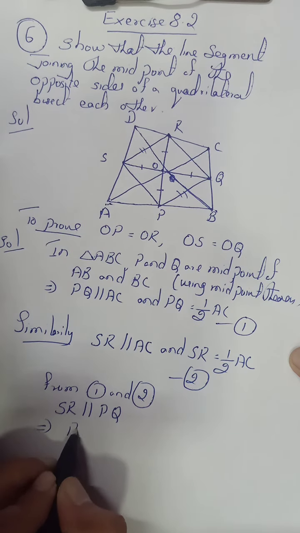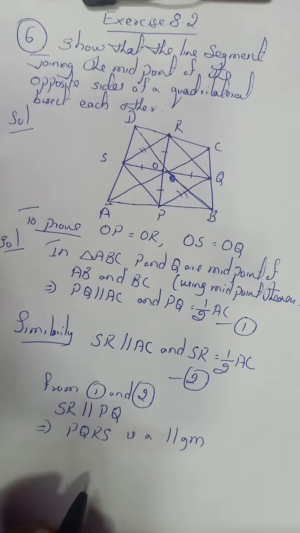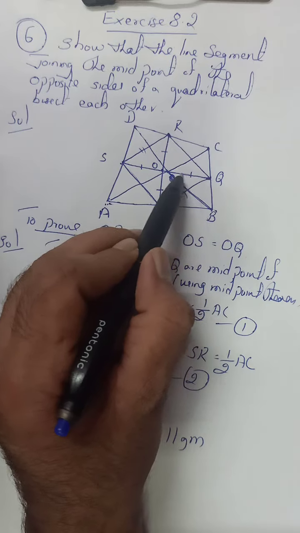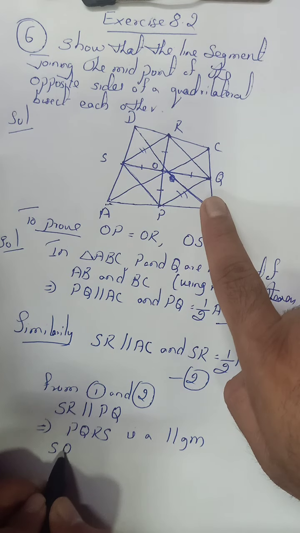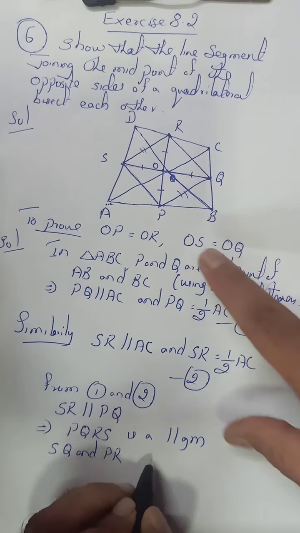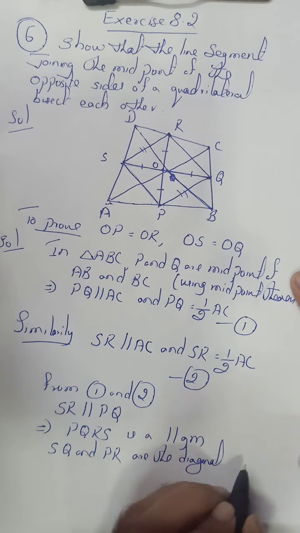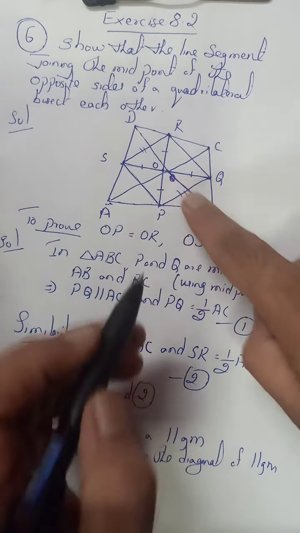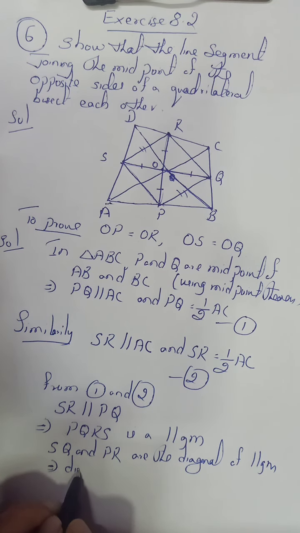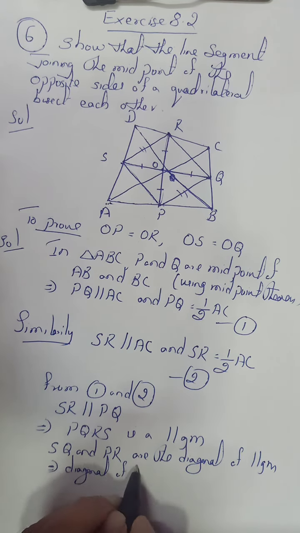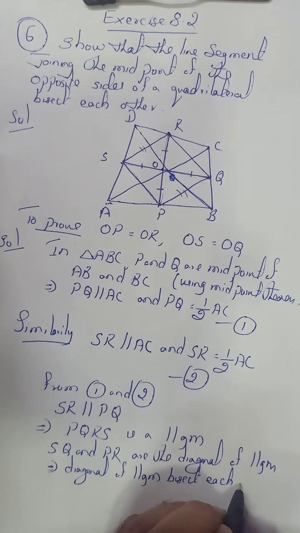This implies कि PQRS is a parallelogram. It is a parallelogram. So in this parallelogram, see, these two are the diagonals of this parallelogram. That is SQ and PR are the diagonals of this parallelogram. देखिए डायगोनल बन रहे थे, ये डायगोनल्स बन रहे हैं. And you know that this is a property of the diagonals of parallelogram, they bisect each other. This is a property of parallelogram.